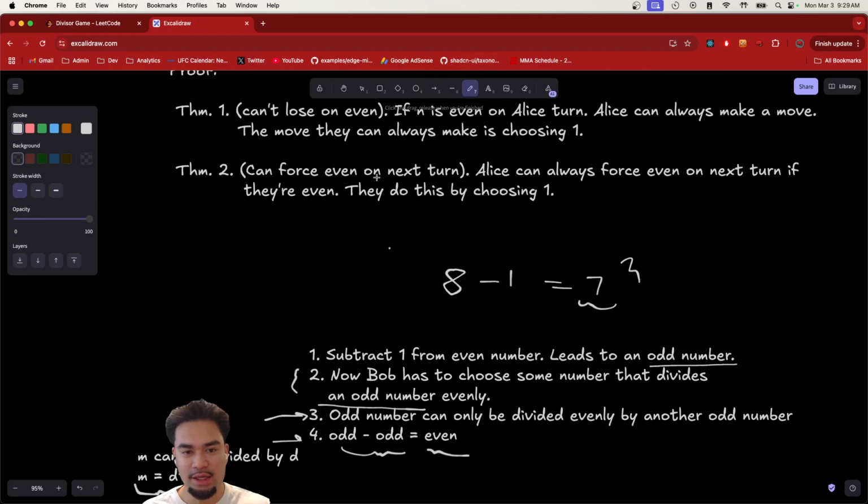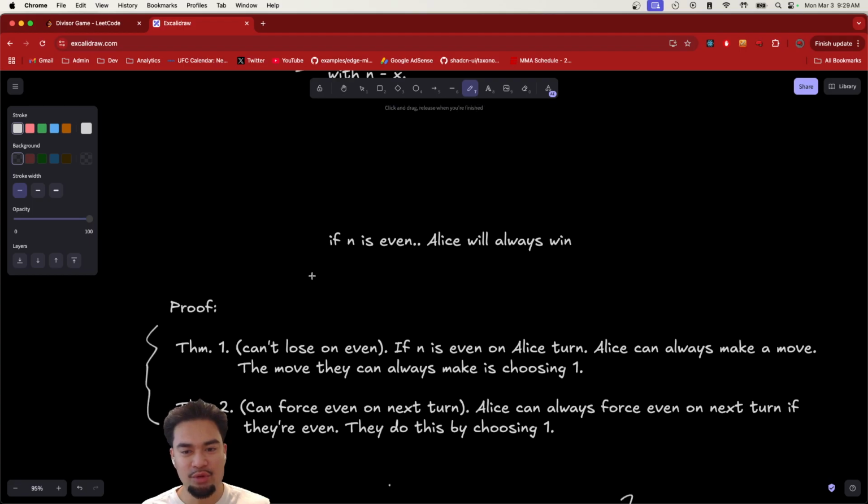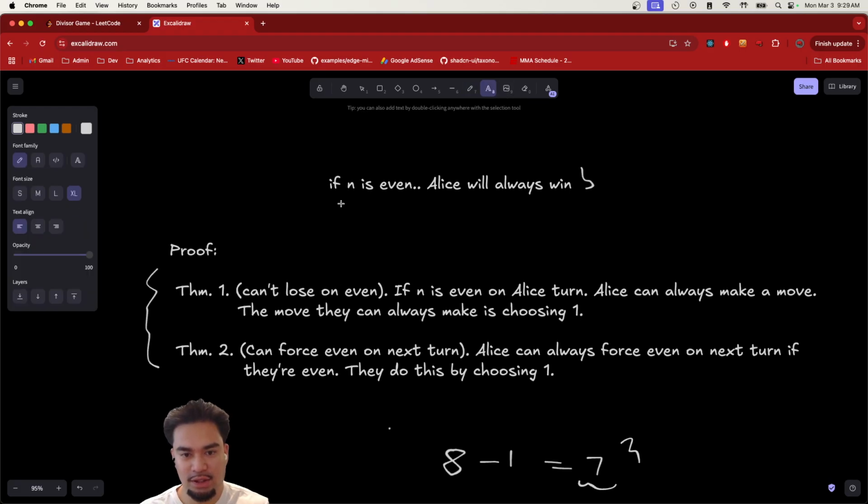So pretty much that's how you would prove these two theorems and prove that if n is even, Alice will always win. What about if n is odd? Let's think about this. If n is odd, then